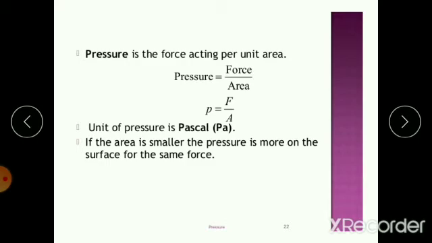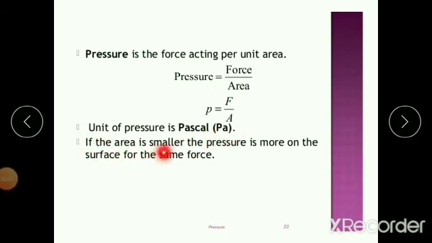Okay. Pressure is a force acting per unit area. A body always exerts a force on any surface supporting it, right? The effect of this force on the surface depends on the area over which it is spread, and this is given by the pressure. Pressure can be defined as force per unit area, that is force divided by area. This can also be written as P equals force F divided by area. So the unit of pressure is Pascal.